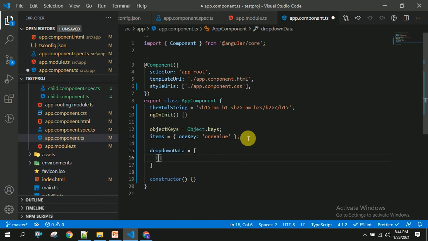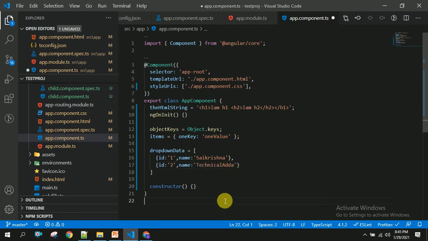This array of objects consists of id as 1 and name as Sai Krishna, and I am taking another id and value, id as 2 and name is Technical Adda.